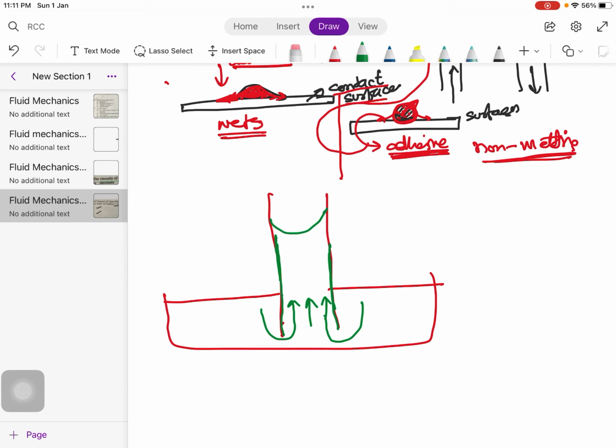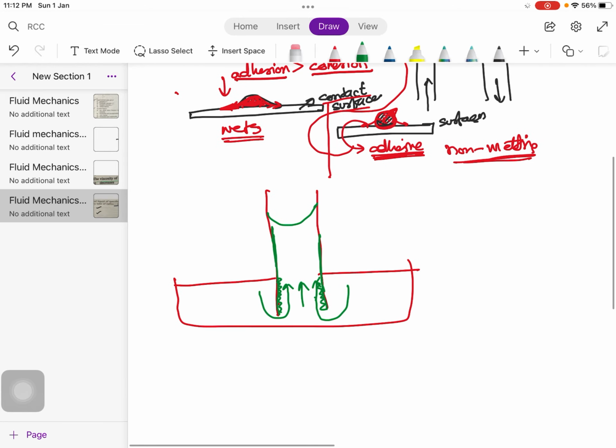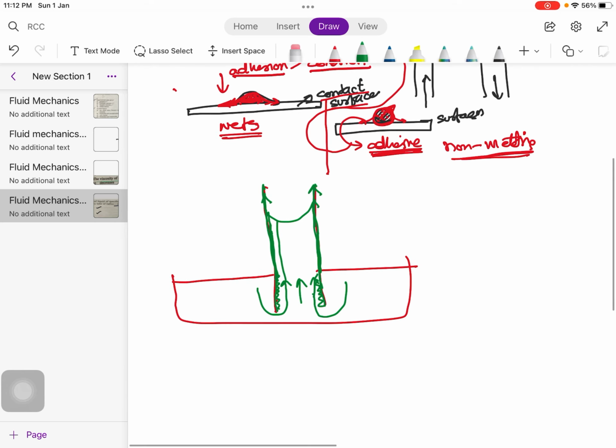The liquid molecules closer to the surface of the capillary tube experience a force of attraction with the glass surface, or the material of the surface of the capillary tube, and therefore in the process of this attraction or adhesion, they rise up. When it rises up, it pulls the adjacent liquid along with it,